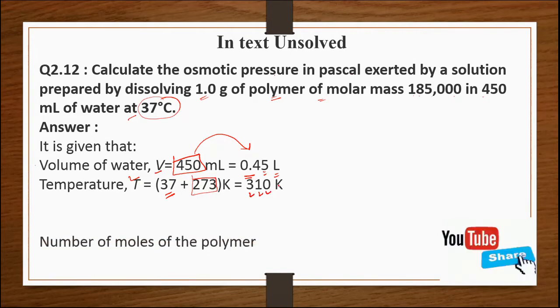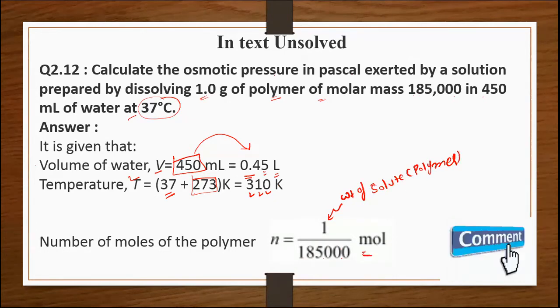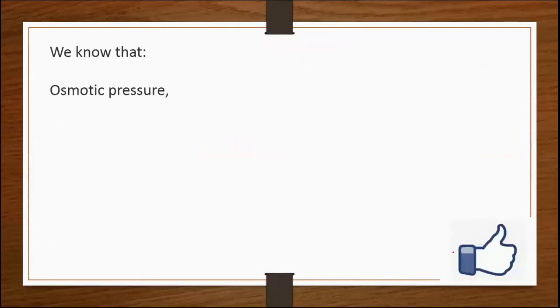The number of moles of the polymer is equal to 1 by 185,000. Here 1 is weight of solute, that is polymer, whereas 185,000 is the molar mass of polymer. Okay. Now we know that osmotic pressure is equal to pi is equal to N by V RT, where